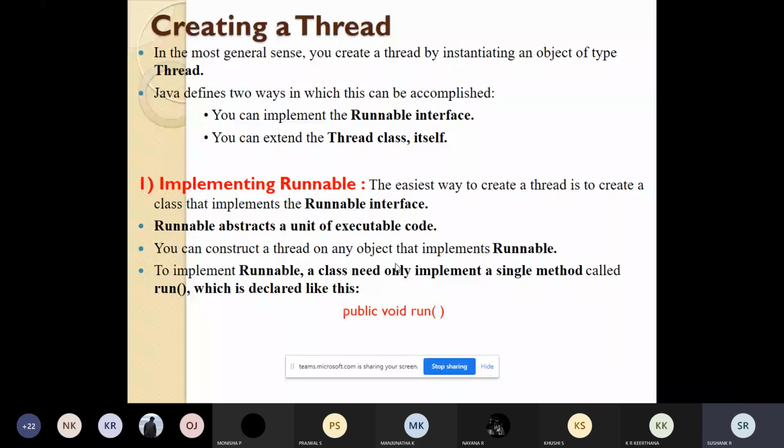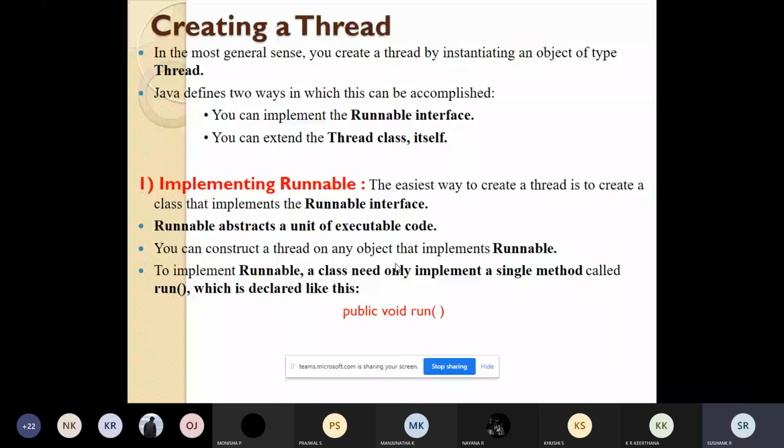For example, if I create an object of the demo class, from that object of demo class I can create a thread. For running the thread, I need only one method, which is called the run method.